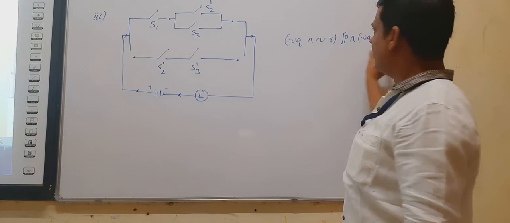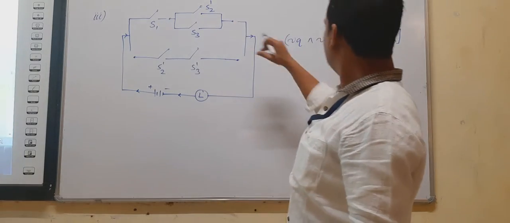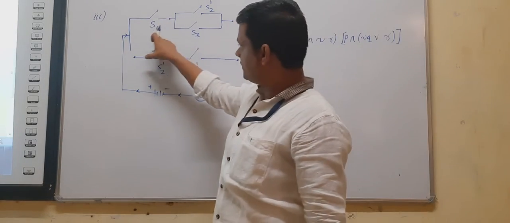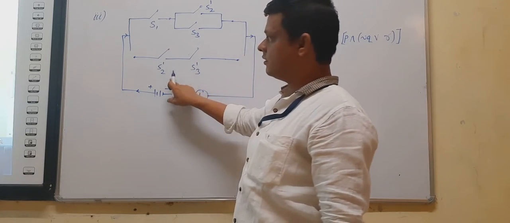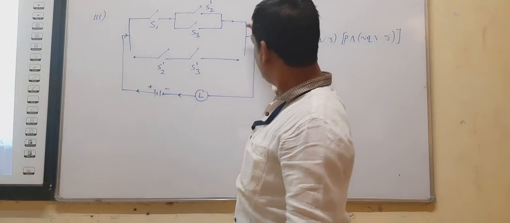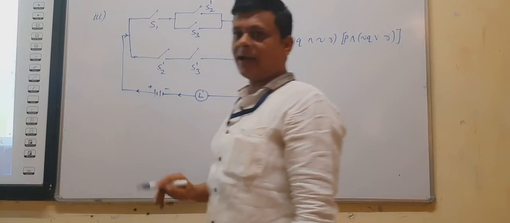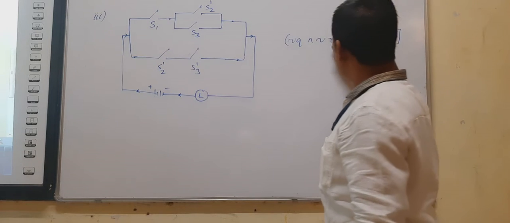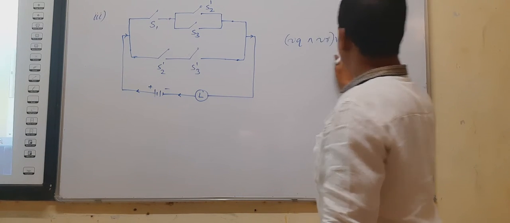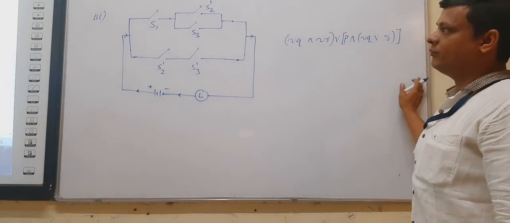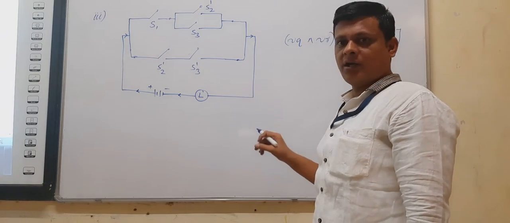This is the symbolic form for this total circuit. Now we connect these circuits with this circuit, which is in parallel combination, so we write here between them as OR. So this is the symbolic form for the given switching circuit. We have to prepare the truth table for it.